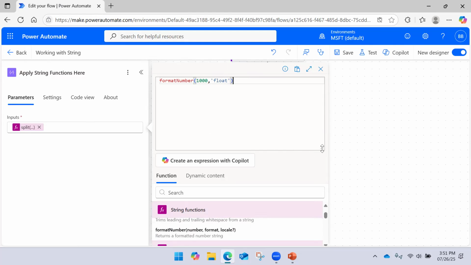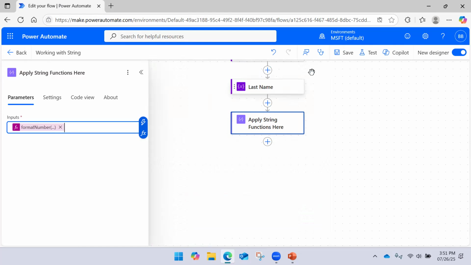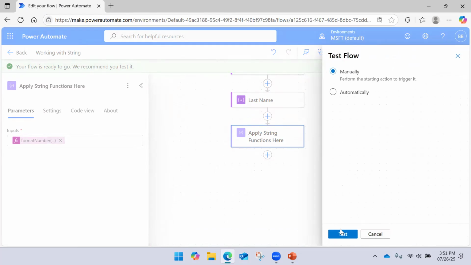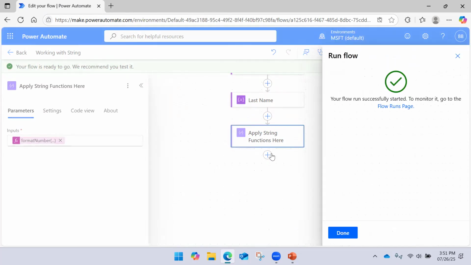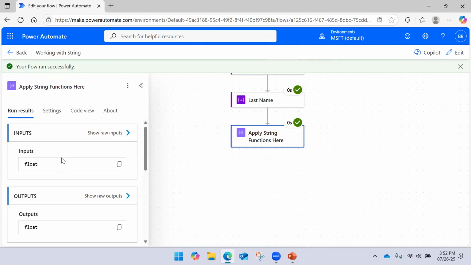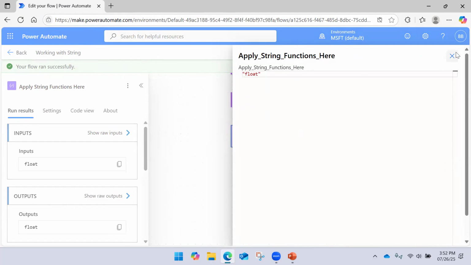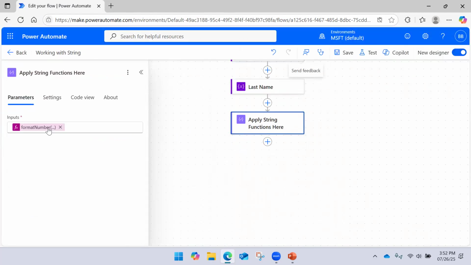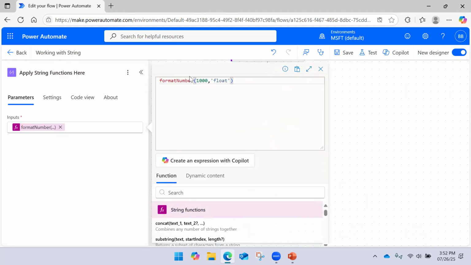I'm not sure whether this is the correct syntax or approach, but let me try using the float type. This may throw an error or may execute successfully. Okay, this is executed. Input is float, output is float. So, floating point number.